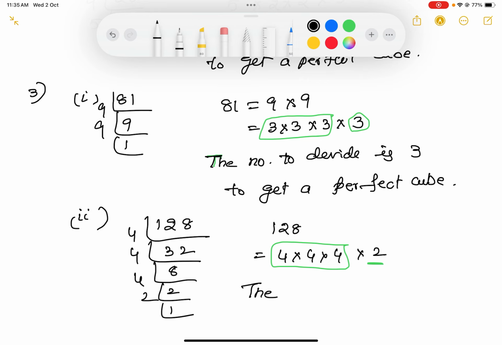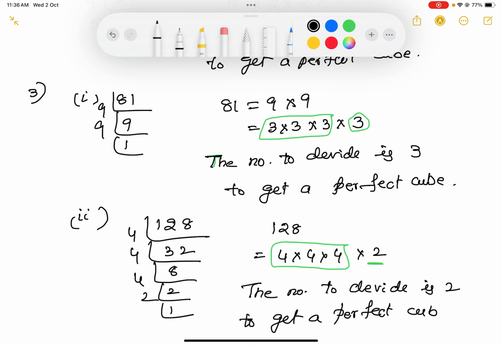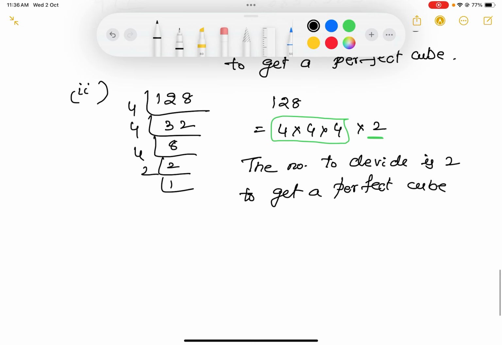So the number to divide is what? The number to divide is 2 to get a perfect cube. So like this you can solve the problems. And now let us have another question. What is the third one? Third one is